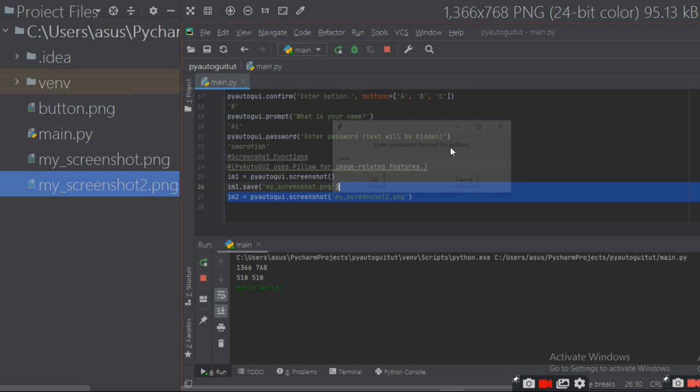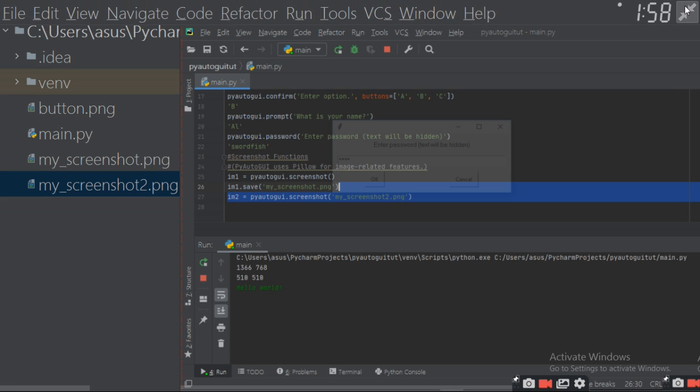This is the screenshot which I was clicking. So close it first. Stuck somewhere.